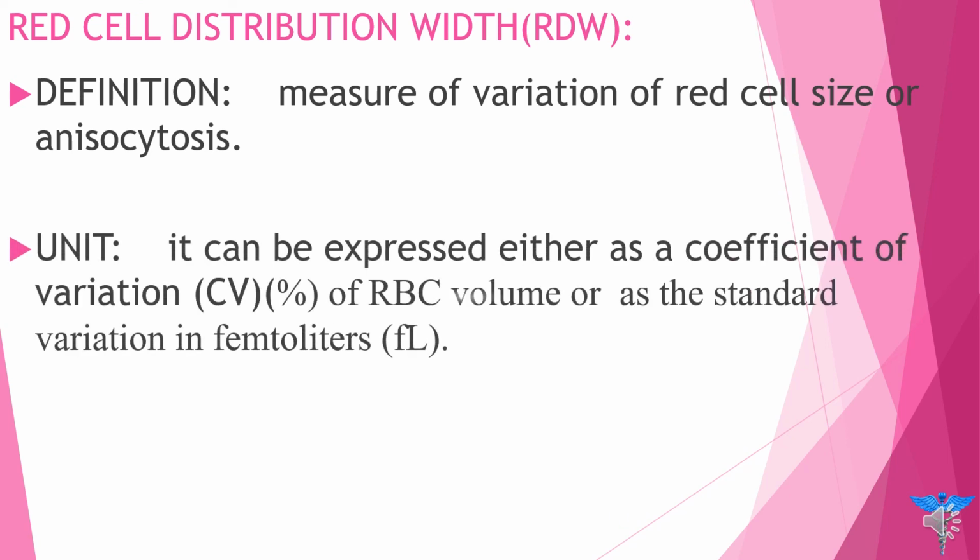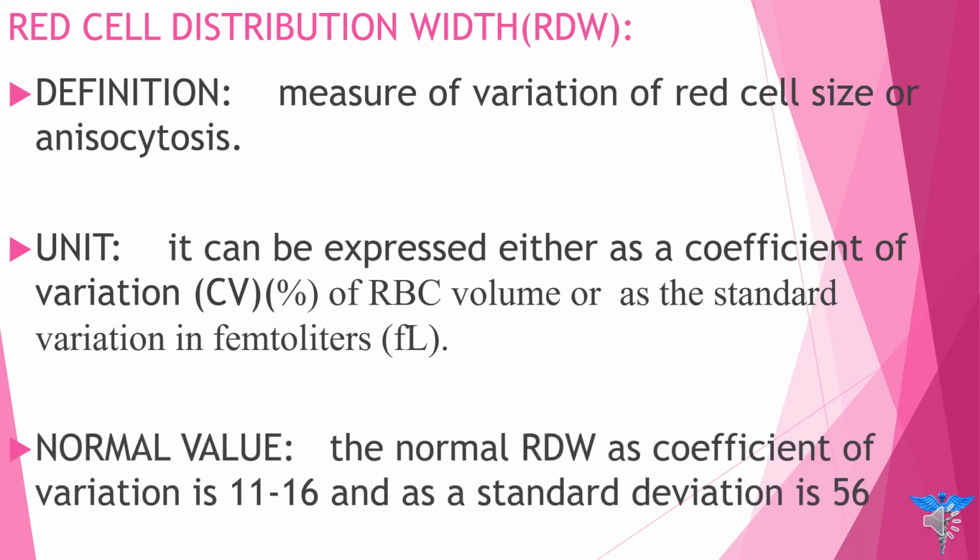In terms of units, it can be expressed either as a coefficient of variation of red blood cell volume, or as a standard deviation in femtoliters. If we talk about its normal value, the RDW as a coefficient of variation is between 11 to 16, and as a standard deviation it is